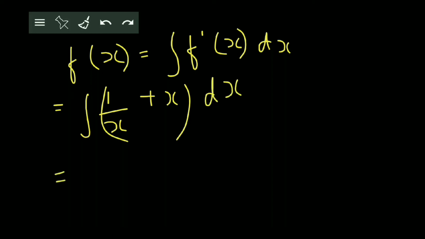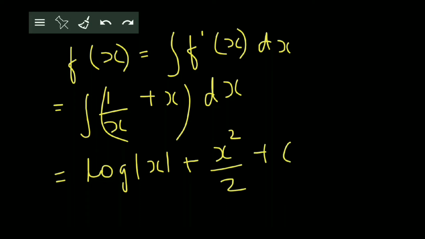Now since we are doing fill in the blanks, we can also complete the sum in short because this is your rough work. You are not going to show the workings in the exam time. You are going to write the answer directly. However, you have to solve the sum in the rough column. So here integral of 1 upon x is log x and integral of x is x square upon 2. So plus x square upon 2 plus c becomes our fx.